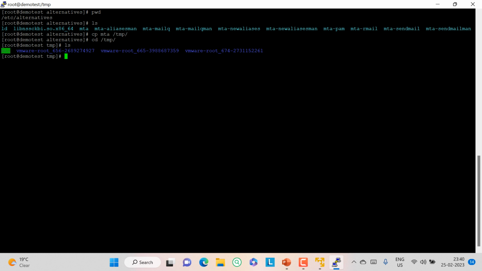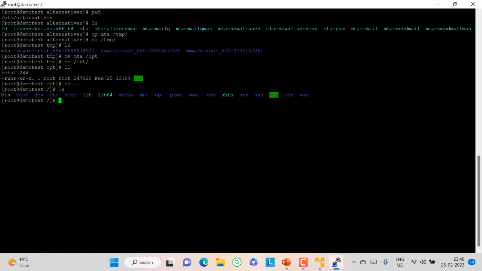And if you want to move this MTA directory to /opt, you can see if I go to opt, this directory has now moved there.